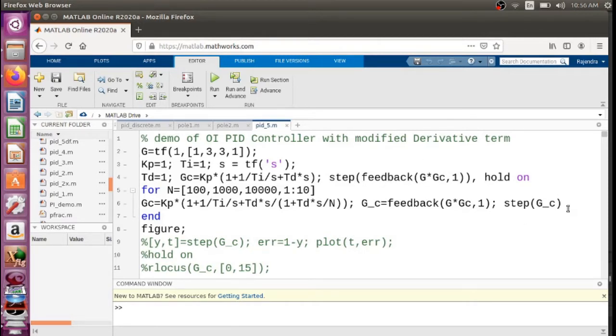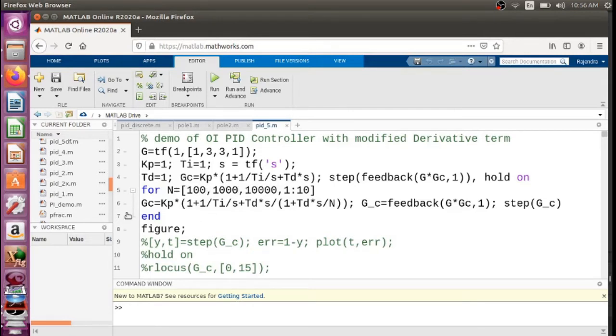We are also trying to see what happens if this variable n is swapped from 100 to 10,000, or first from 1 to 10, and then from 100 to 10,000.